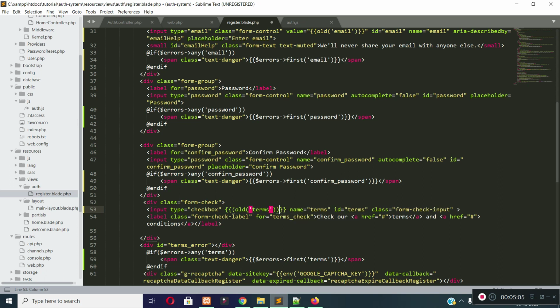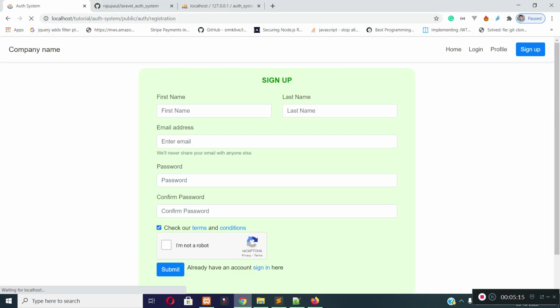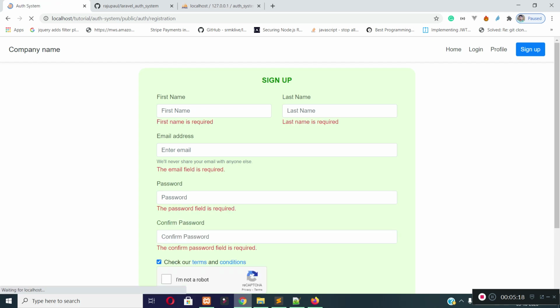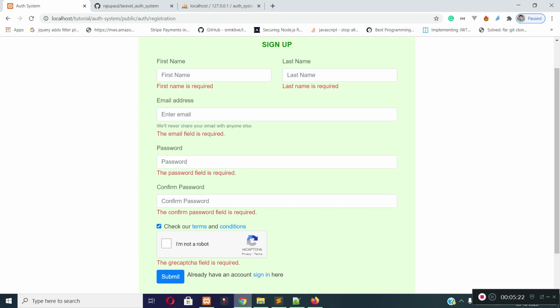If there is any old value for the terms, then I will simply check this checkbox. Now if I refresh the page, check the checkbox and submit the form, you can see our checkbox field is checked. We do not need to pass the old value to our password and confirm password fields, as these are sensitive values.